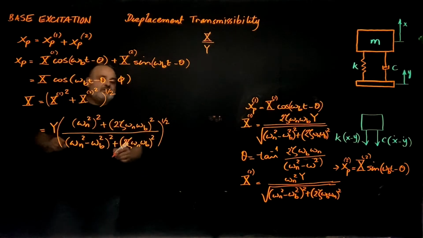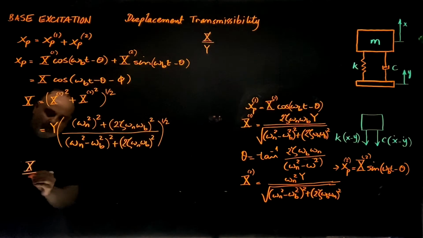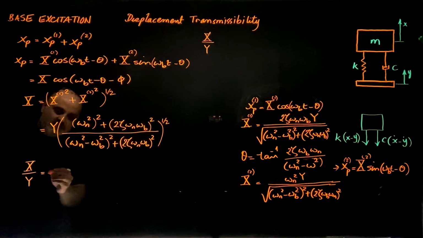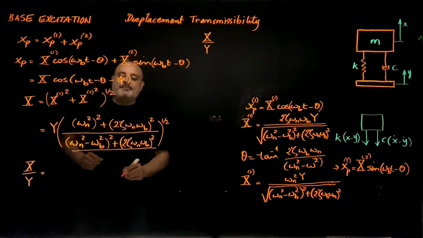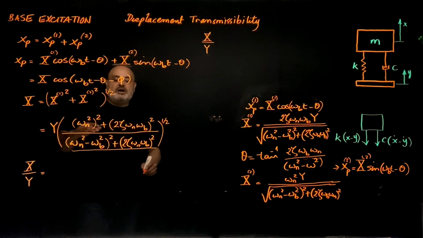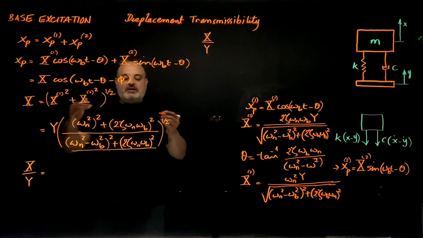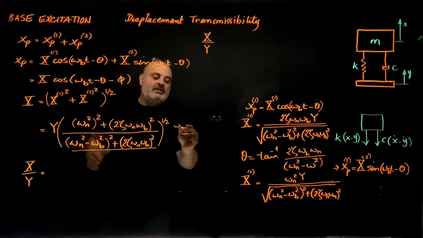In this case x divided by y is this expression right here. I will normalize this expression by dividing the numerator and denominator by omega n squared,